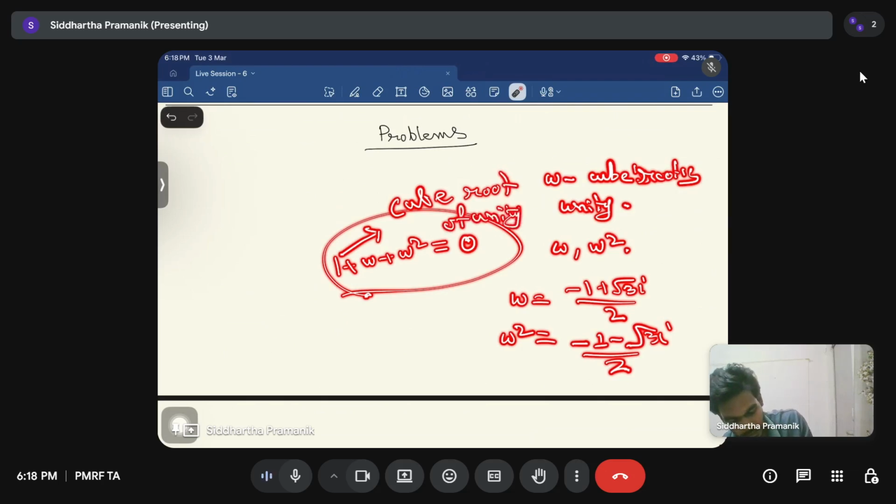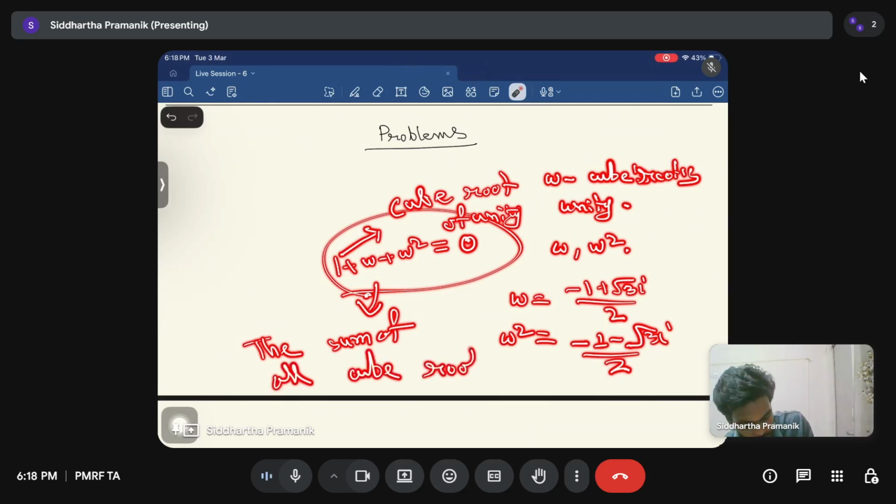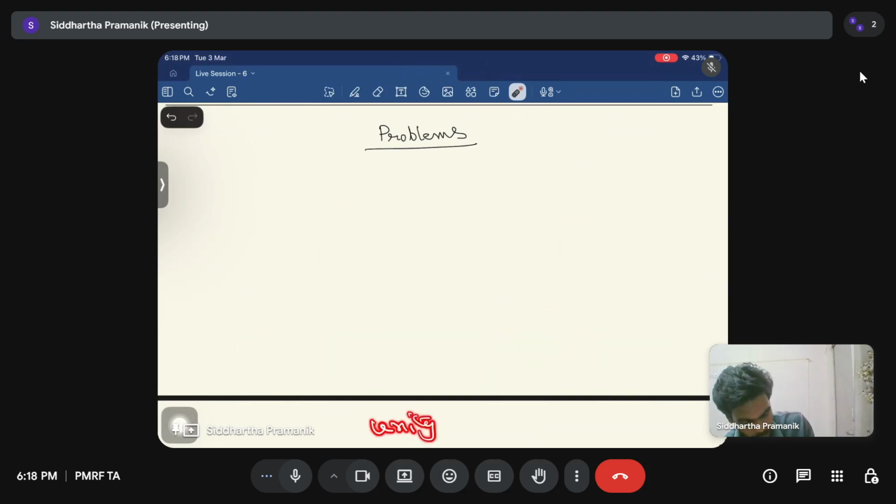So this says the sum of all cube roots of unity is 0. So what happens if instead of cube roots of unity we take nth roots of unity? What can we say about the sum? So the first problem is,